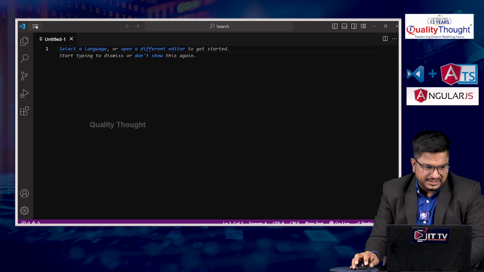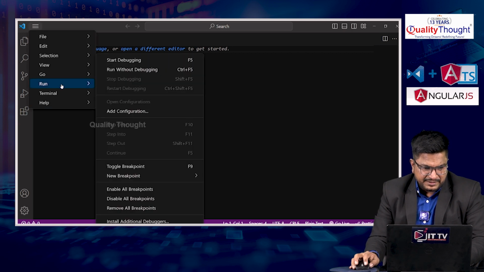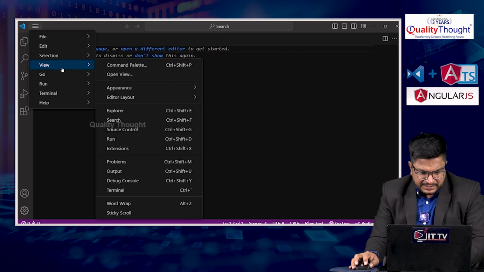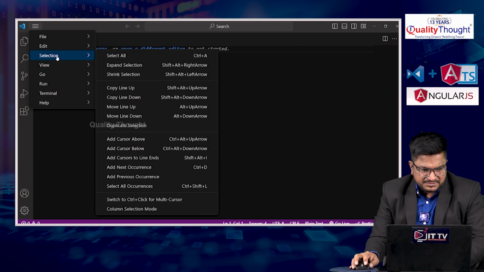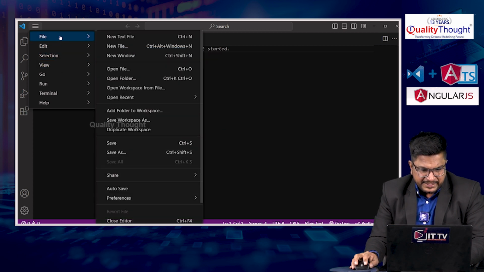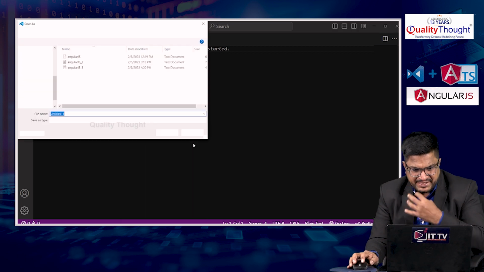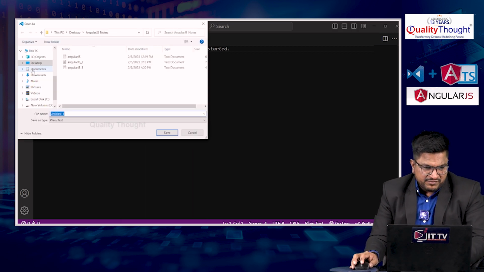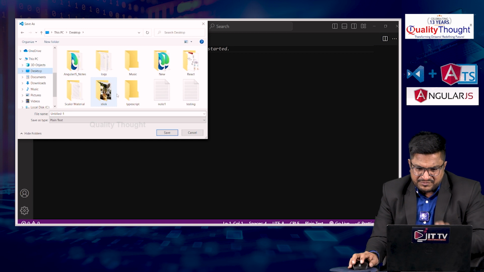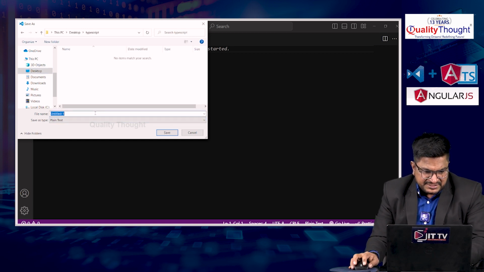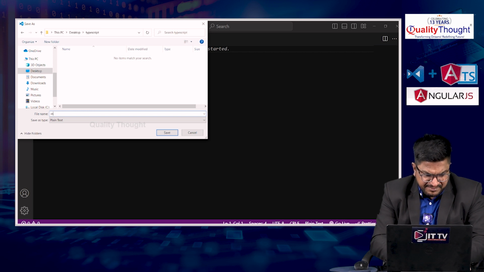On the desktop I have created one workspace folder called TypeScript, and here I will save my file. You can give any name,